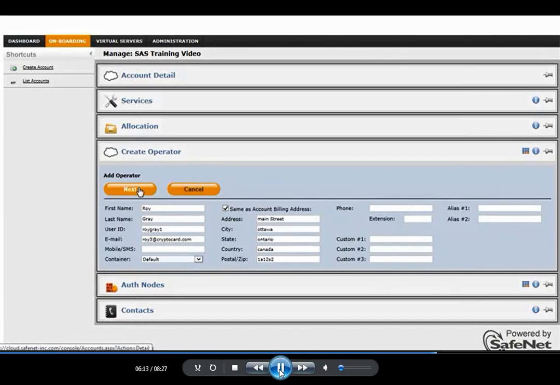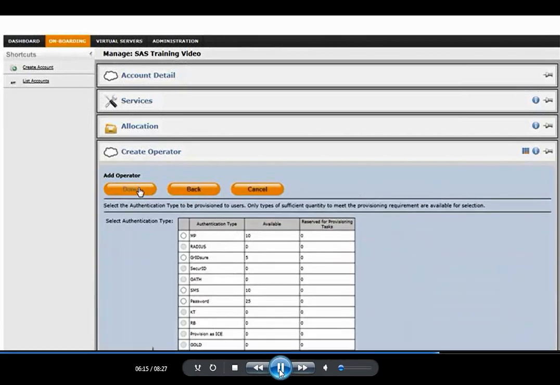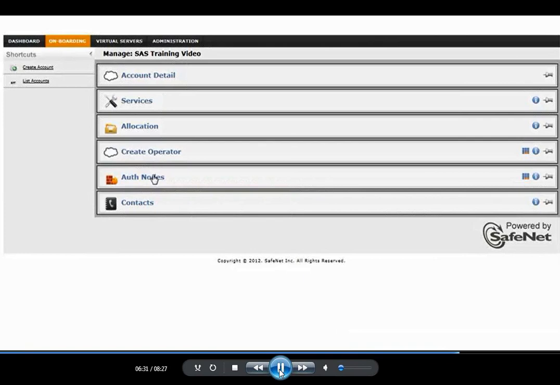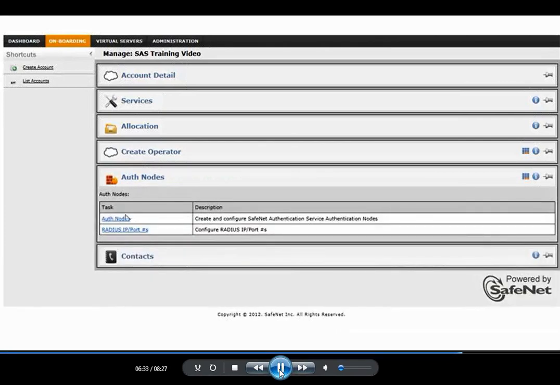This allows us to now choose the authentication method. So because I have tokens in inventory, I can choose which tokens I want to allocate to this specific user. And we can see now our operator has been created, and we have a token currently in the pending status. The next step within